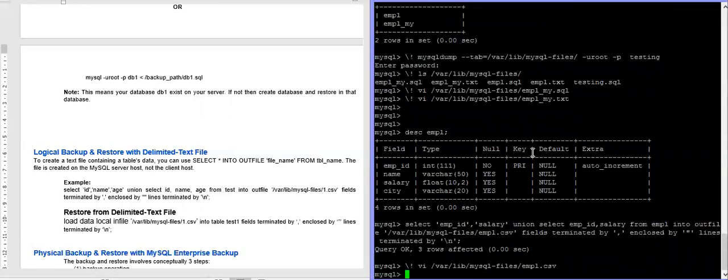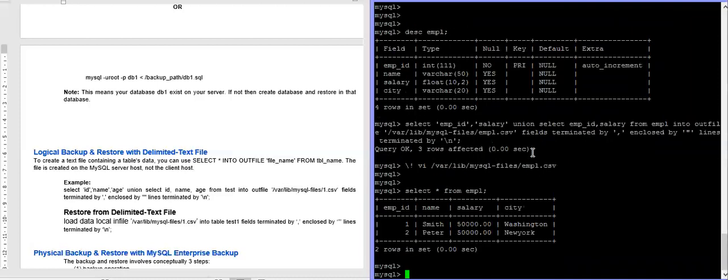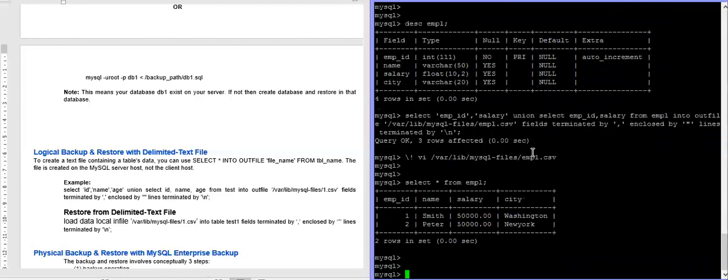Now I have EMPL, select star from EMPL. I have 2 records here.